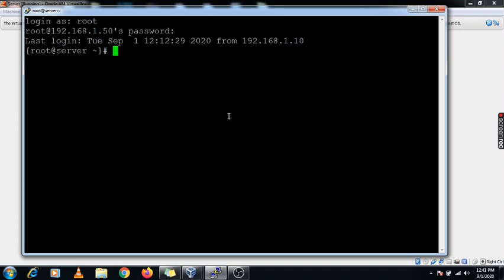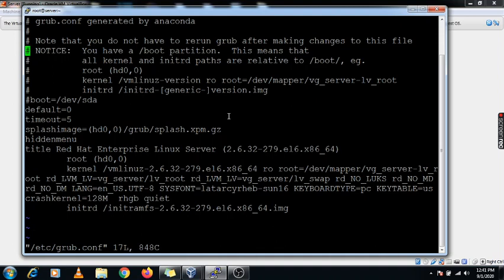First we are setting the password. vi /etc/grub.conf file. So this is the file.